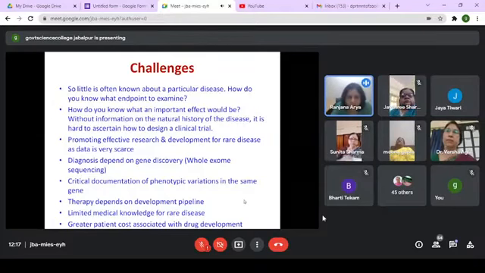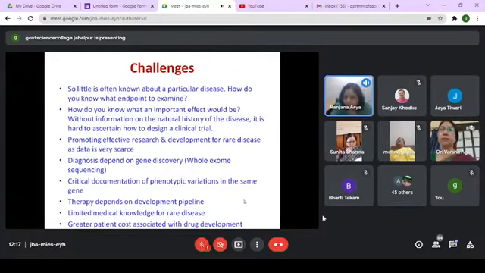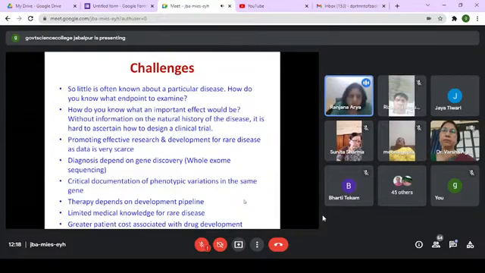You know, it is such a big challenge that it is hard to ascertain how do we define a clinical trial. We really need a handsome number of patients to actually begin clinical trials. So it becomes a major limitation and a big challenge as to how do we identify a cohort of patients with which we can design a clinical trial and understand the disease. So we need to overcome this